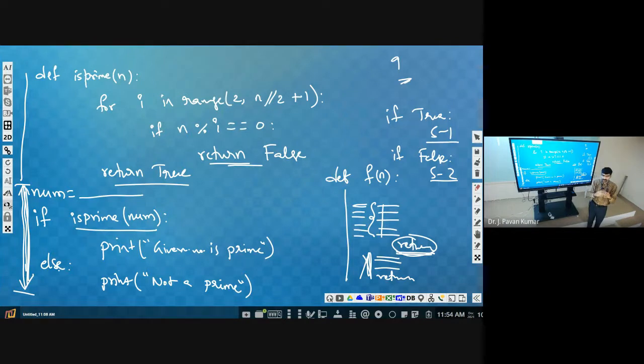Go to the basics. Don't think that if you change here to not equal to, and false to true, true to false, then it will be the same. Why? Because this is the counter case.